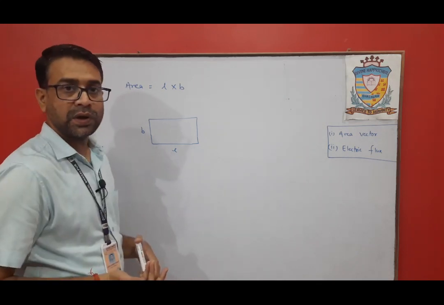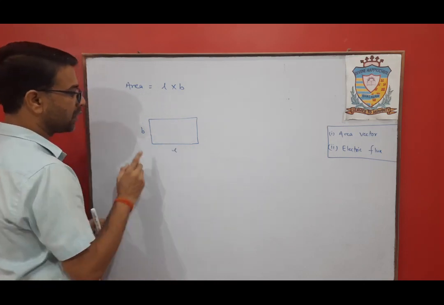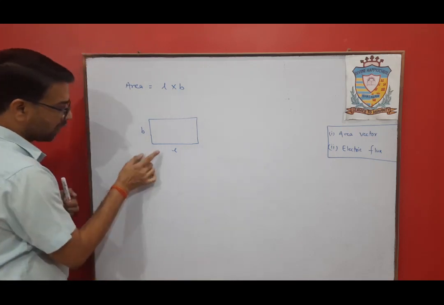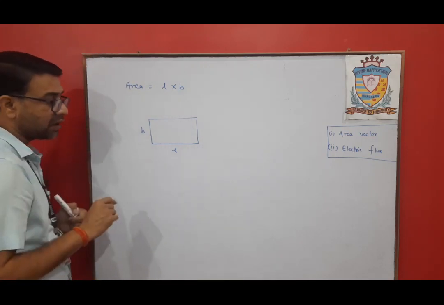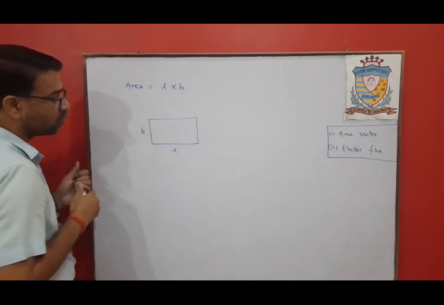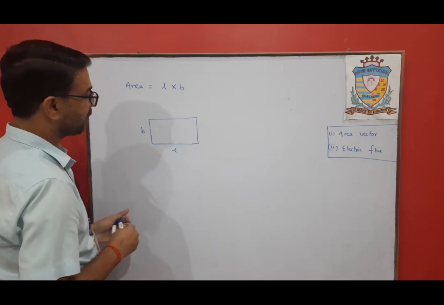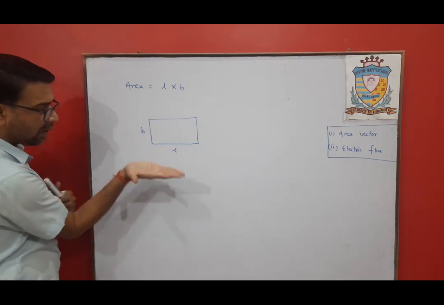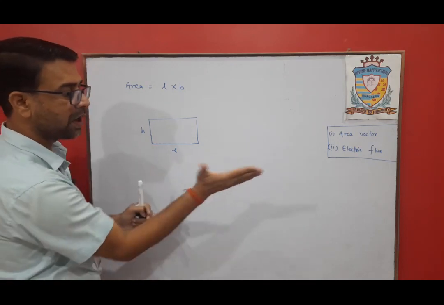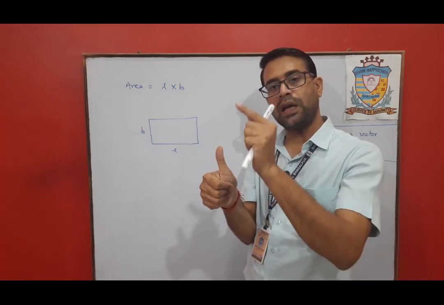Is it a scalar quantity or a vector quantity? If it has a direction, it is a vector quantity. Similarly, if B has a direction, it is again a vector quantity. If we multiply these two in a vector cross product, as we have already studied, the resultant of two vector quantities will be a vector quantity. So if we move our fingers towards our palm like this, this will be the direction of the area vector.